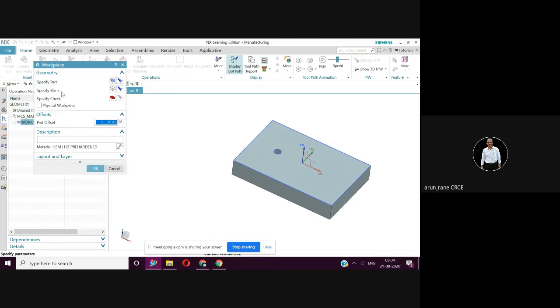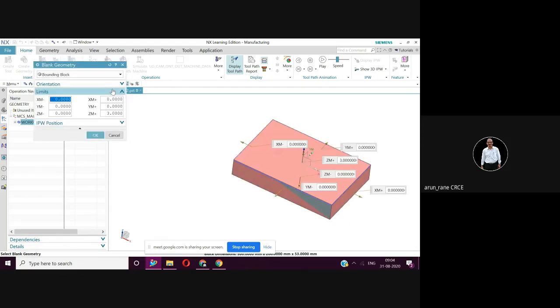Then you have to select the blank. Blank means the raw material: the size or the shape of the raw material. So click at blank here and give the allowance, that is the stock. I have a stock of say 3 mm here, 3 mm here, 3 mm here, 3 mm here, and 3 mm from the top and 3 mm from the bottom.